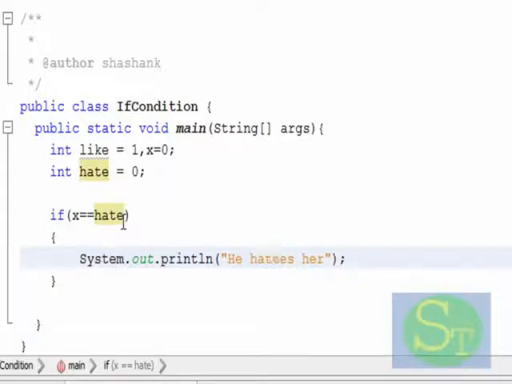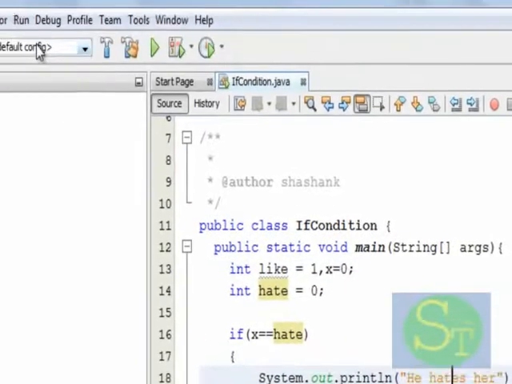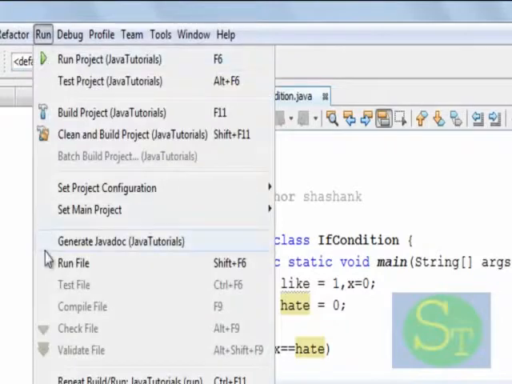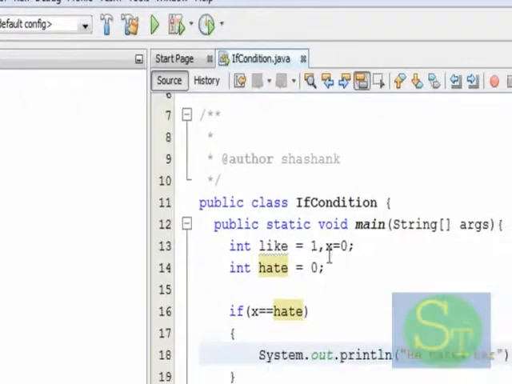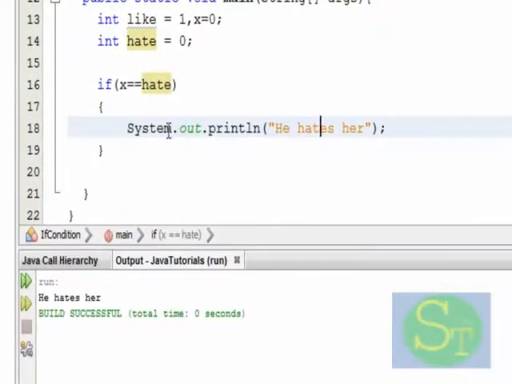Simply he hates. We run here, obviously we know what the output will be. As the x value is 0, it compares with the hate value and says he hates.